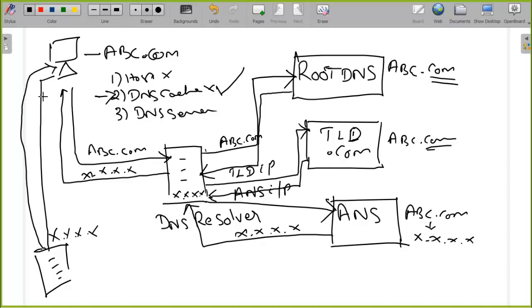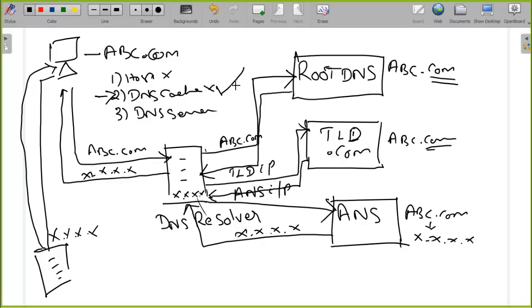This is the reason why, when you are trying to open some new web pages, it takes some time to load, depending upon your broadband speed. Whereas if you open web pages that are frequently accessed, you will not find such a delay, because this entire process is bypassed. The answer will already be in the DNS cache itself, so your PC can send the request directly to the web server, bypassing all these steps. So this is the reason why sometimes a website may take a long time to load.